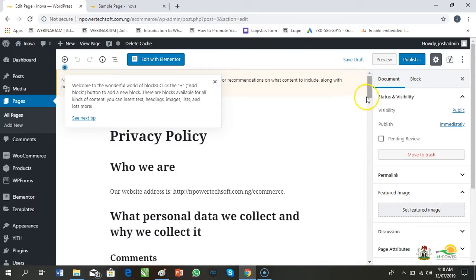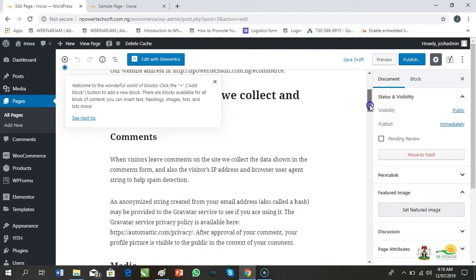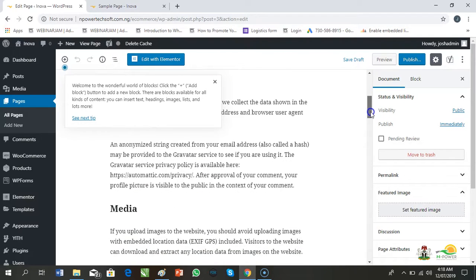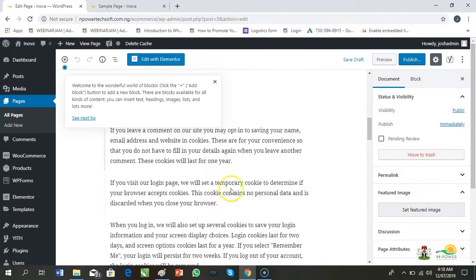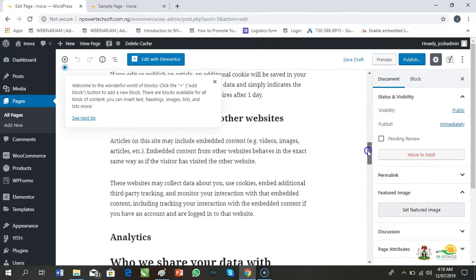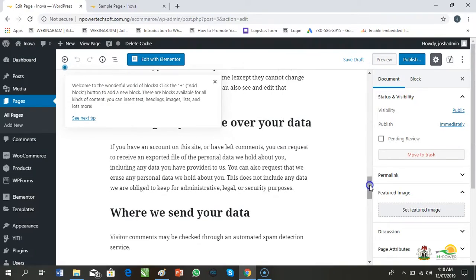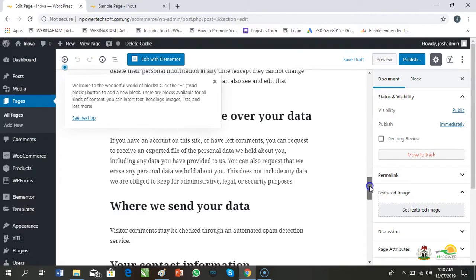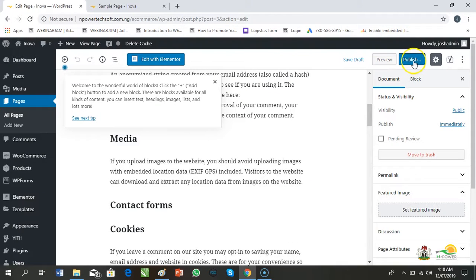So basically, who we are is found on this website. Just feel free to edit it. These are default privacy policy, whatever. So you can read through it and make sure you edit it very, very well. Okay, and whenever you are done, just make sure you hit the publish button.